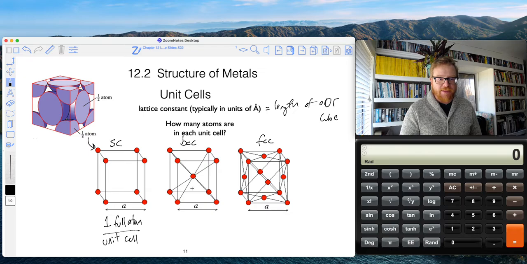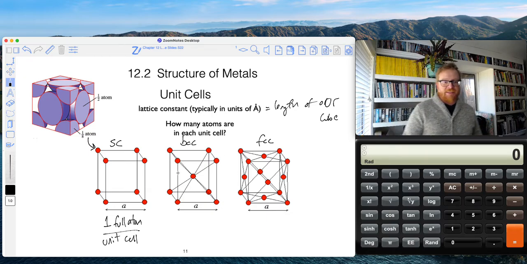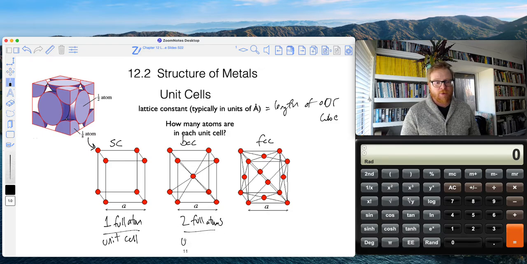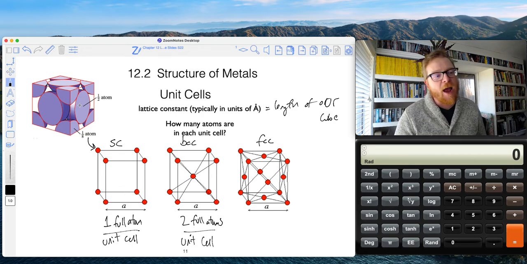Okay, so what if we looked at BCC, the body-centered cubic? Well, we recognize that there's 1/8 of an atom on all the corners, and there's 8 of them, so that's 1. And in the center, there's 1 full atom in the center. So that means BCC has 2, all right, full atoms per unit cell, okay? And then now finally, this FCC looks a little complicated, but if we now rely on this